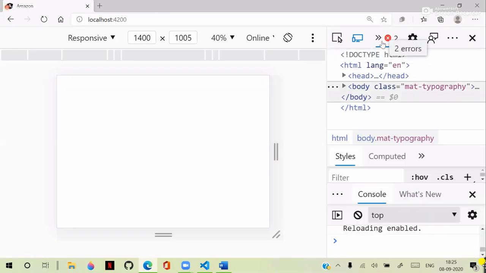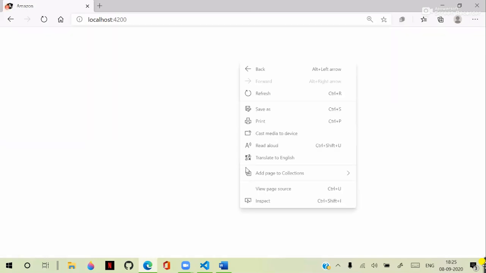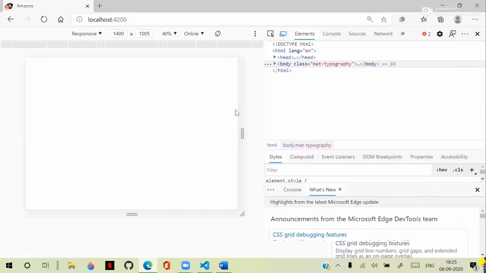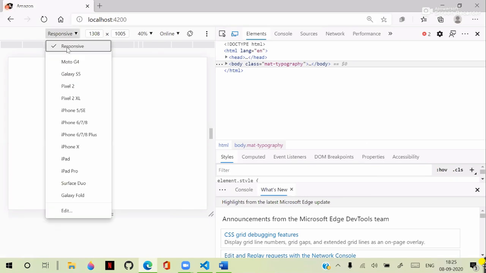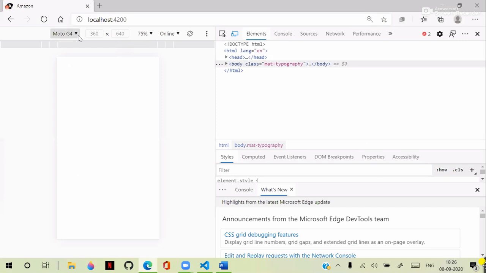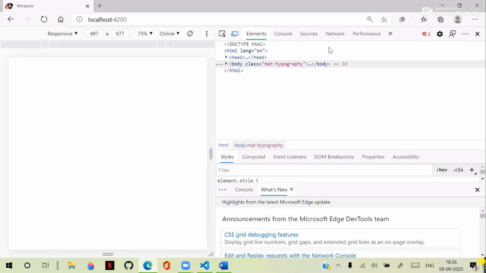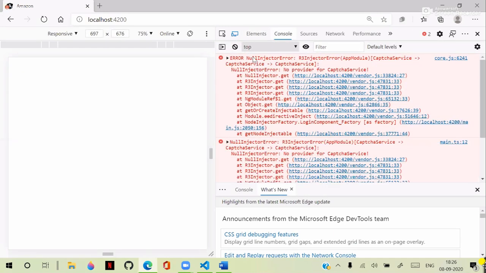So in the console, let's open that in the console. Let's reduce the size here for this, okay? That is a normal option there, so we don't need any responsive. Fine. Now you can observe here in this console, it says